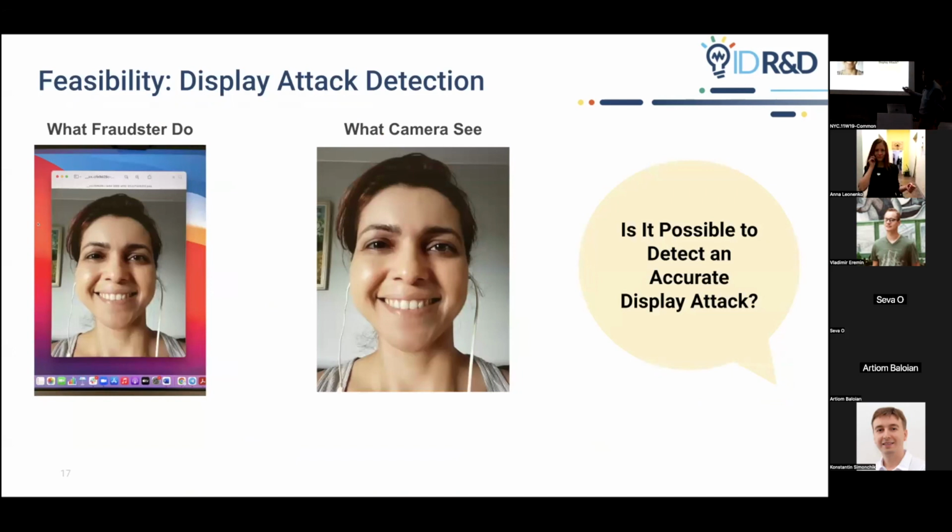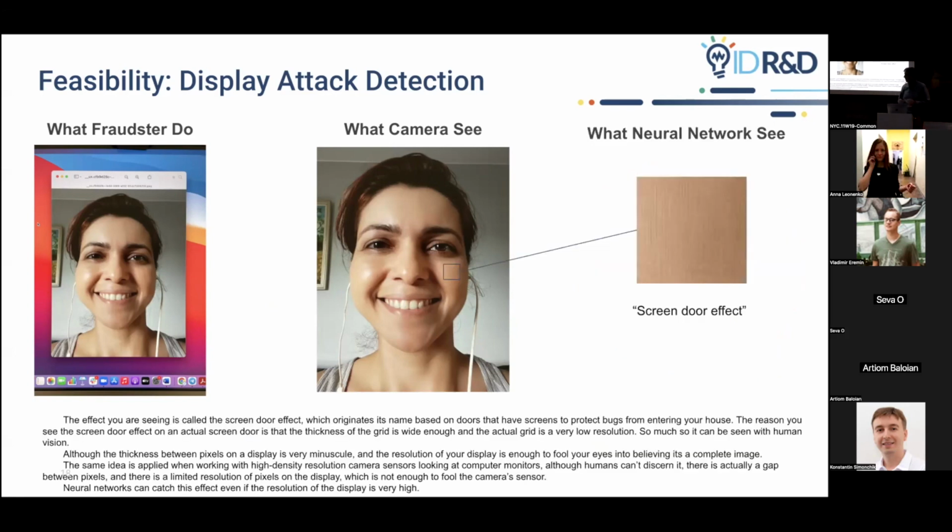What does the camera see when presenting an image from the screen? Is it really possible to detect that this is not a real face, but a face presented from the screen? Is it feasible, actually? That's a question. And the answer is yes, it's possible, because if you look precisely at, for example, this patch of texture,